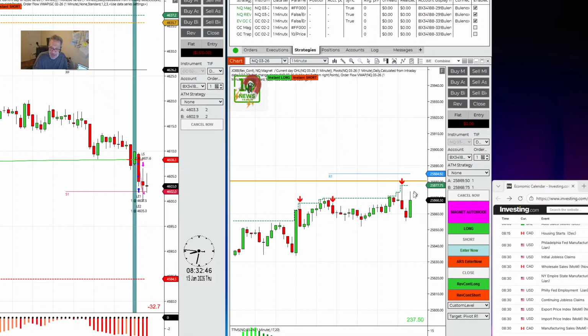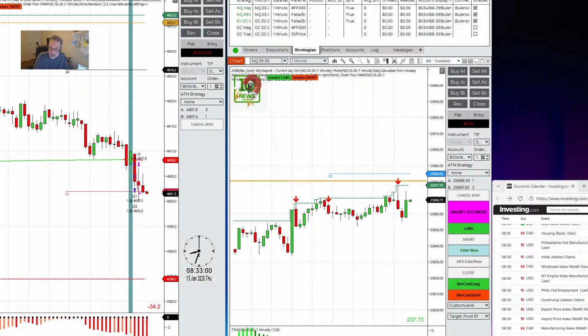Now, if the NQ goes up to our magnet, I want to see if we get a proper fill here. We're long only on our magnet. Also a reminder, we're expected to hear from the Fed's Bostic speaking at the Atlanta Metro Chamber in about 3 minutes, delivering remarks. Trying to find a video for him. There isn't one as of yet. We'll keep looking. Text is expected, with only Q&A. Jobless claims are lower than expected. Goolsbee is supposed to be speaking on CNBC around this time. Empire State was very positive. Philly Fed. We have posted out the New York Fed manufacturing report for January 2026. I'm not sure about Philly Fed.